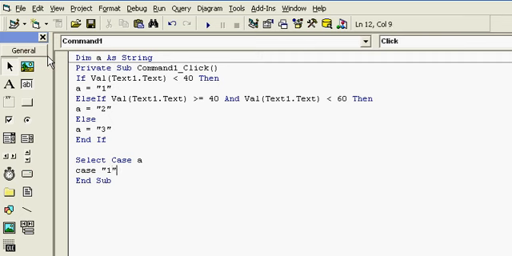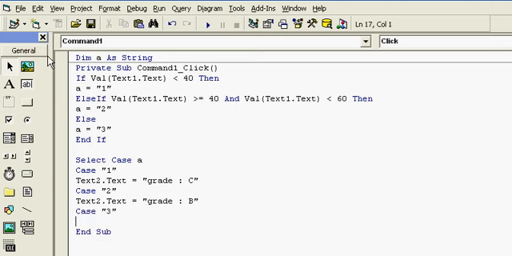For Case 1, Text2.Text should be equal to grade C. For Case 2, Text2.Text equals grade B. Now for Case 3, Text2.Text is grade A.